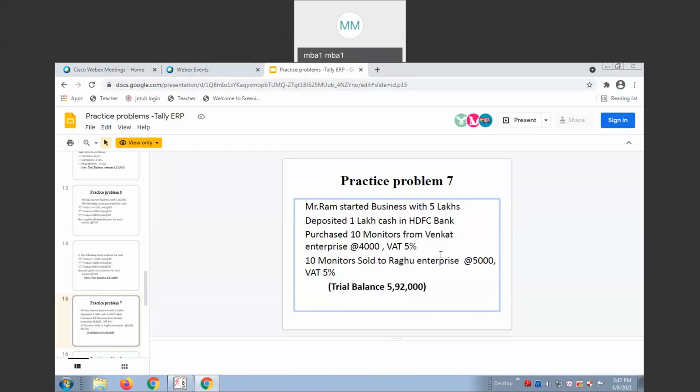See, please note this point. Input VAT, output VAT. I told you that value added tax is a process tax system. For every process, the tax is levied. A producer purchases raw material from the manufacturer. At that time, tax is levied. And the producer, after manufacturing the goods, will sell these goods to a wholesaler. Again, the value added tax is included. And wholesaler to retailer, again, value added tax is levied. And retailer to consumer, value added tax is levied.